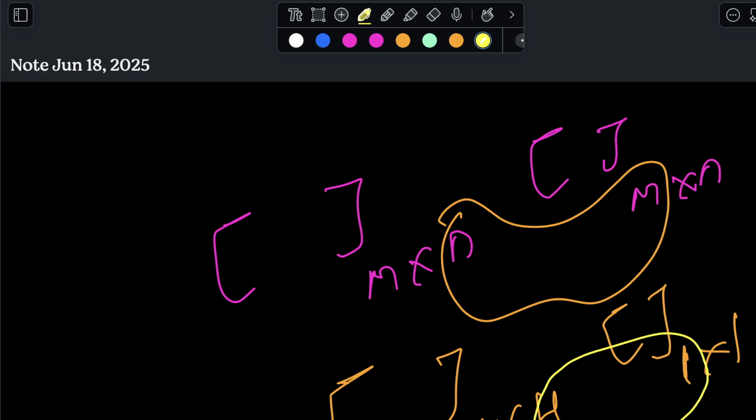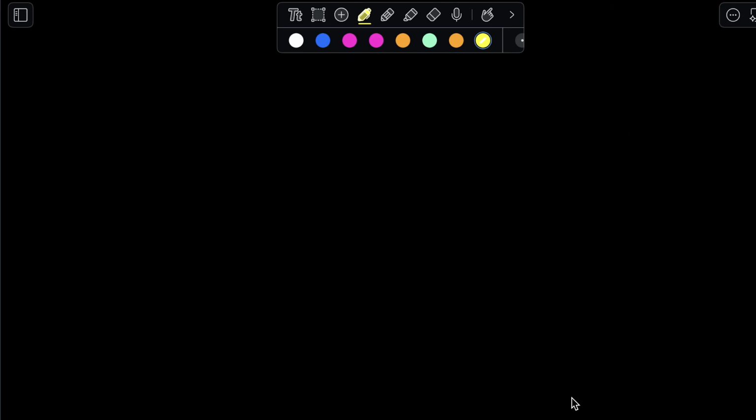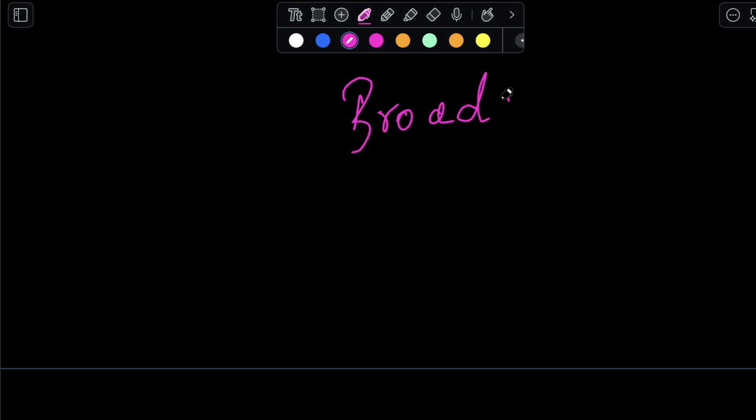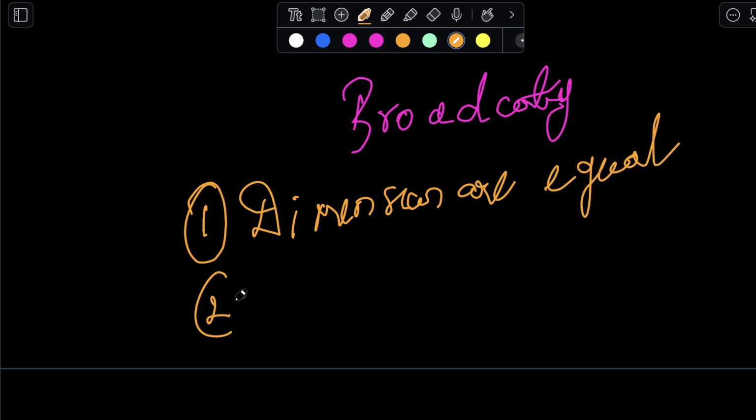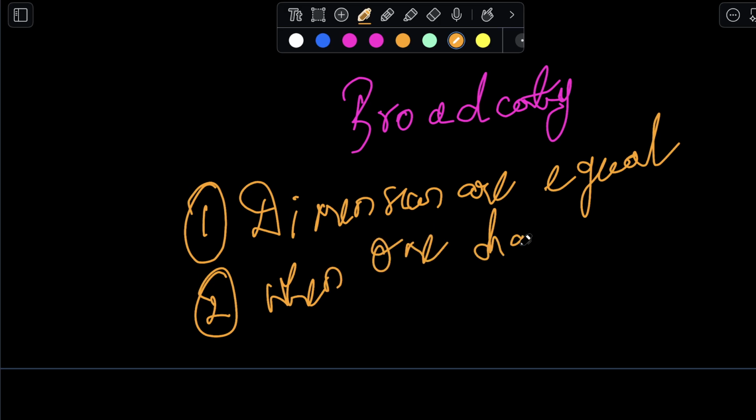So what NumPy does is something called broadcasting. Now there are rules for broadcasting. When two arrays are compared, NumPy compares the shape element wise. So when can broadcasting happen? First, when dimensions are equal, then there is no need. Or when, out of the two arrays, one has a dimension